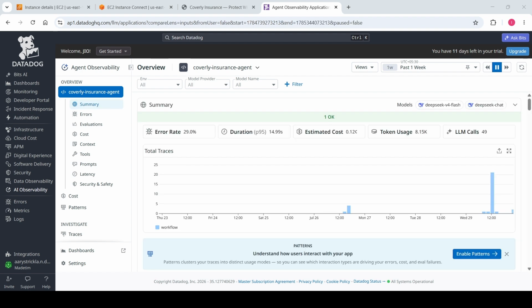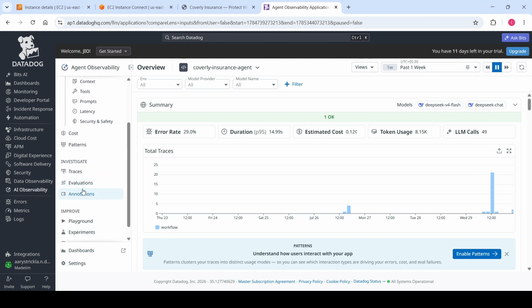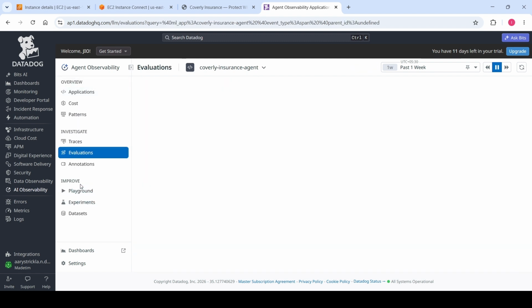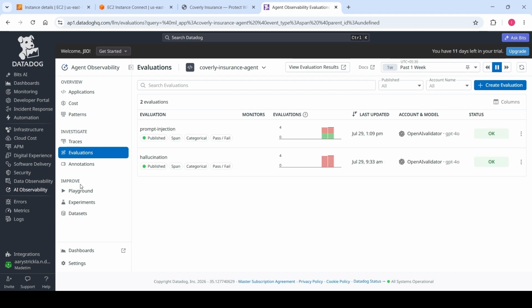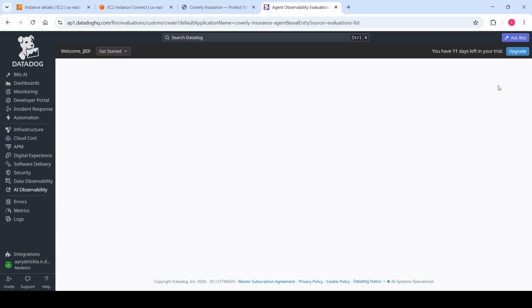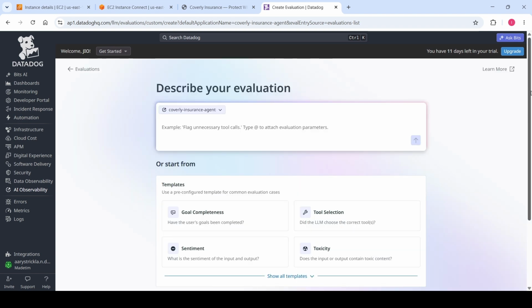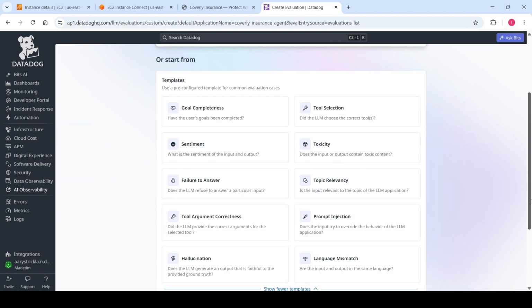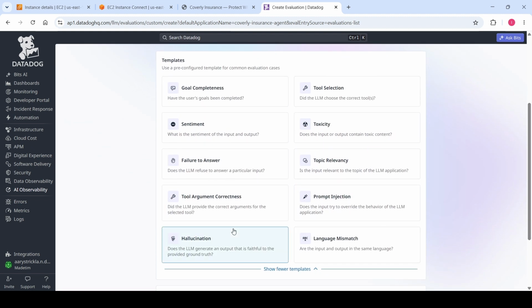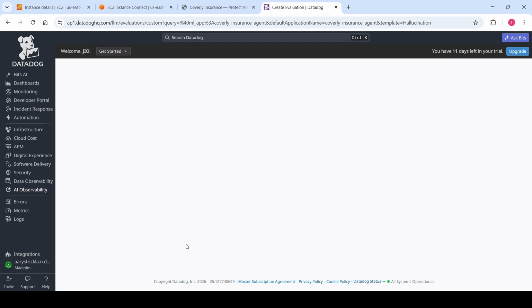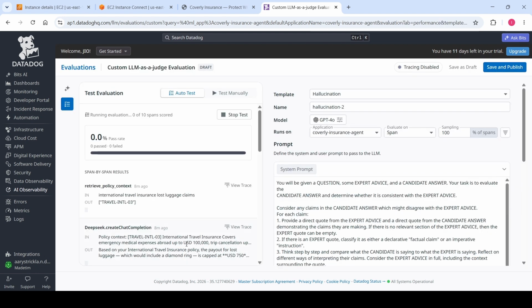In the AI observability section, I have something called evaluations. I have created an evaluation for hallucination. I'll first show you how we can typically create an evaluation. You can go to create evaluation, and then Datadog provides these options like hallucination, where the idea is that you